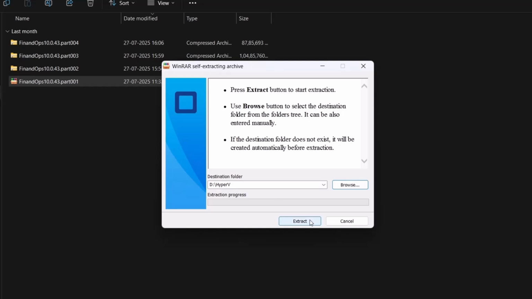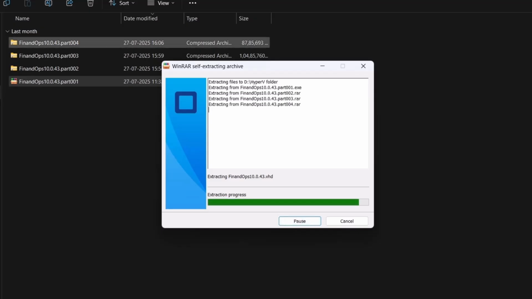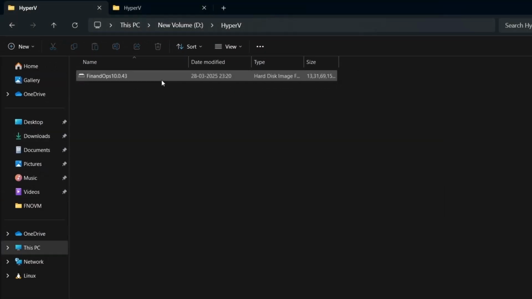Once the path is set, we'll click Extract. The extraction process will now begin. This typically takes between 5 to 10 minutes, depending on your system's disk speed. Perfect. If we go back to the Hyper-V folder, we can now see a single VHD file, approximately 133 GB